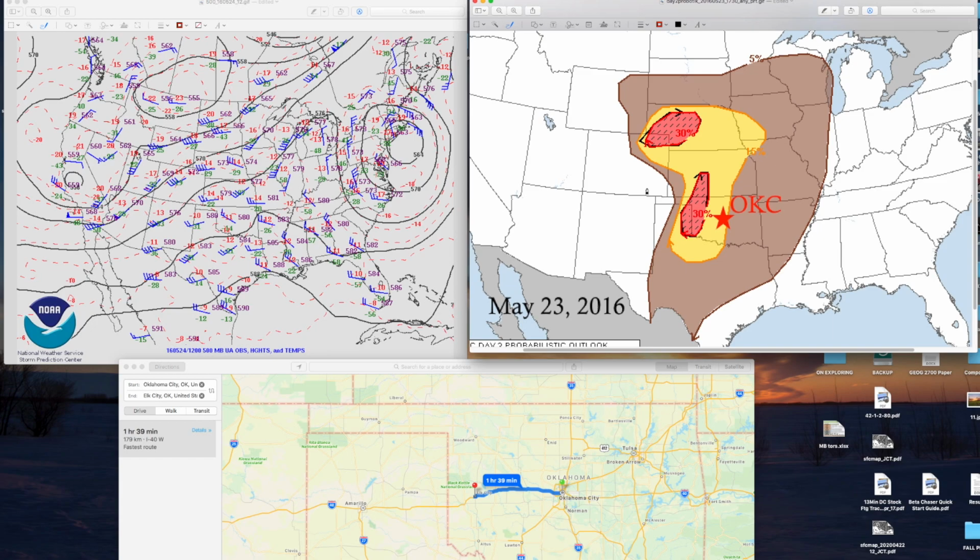Now, to see tornadoes or even supercell storms, you need to pick a specific town, and we'll actually learn that we need to pick a specific time to be there as well. But for now, we need to narrow down this large area of severe weather to where we want to go. In most cases, the Storm Prediction Center outlook is fairly useless for storm chasers, or for forecasters, for that matter, because they depict a very large area. So for our purposes, we need to pick a specific town where you would want to head on May 24th,